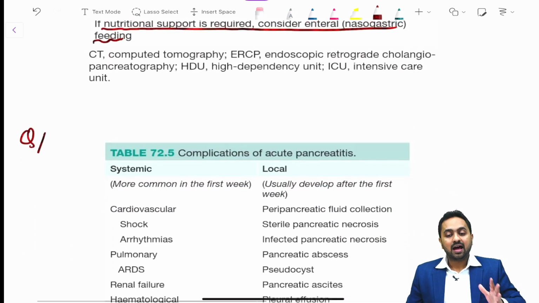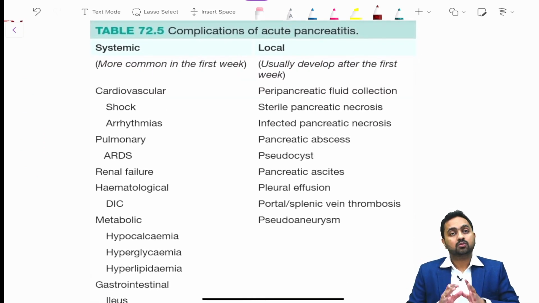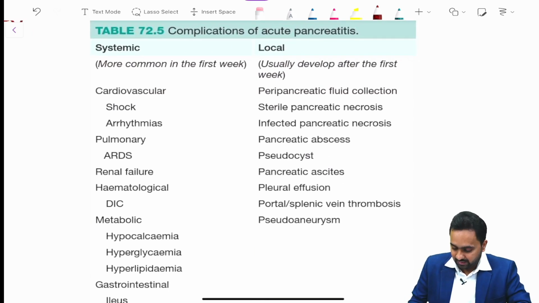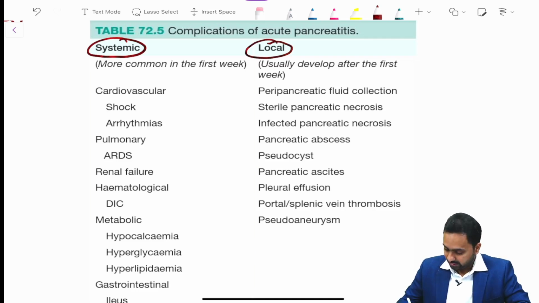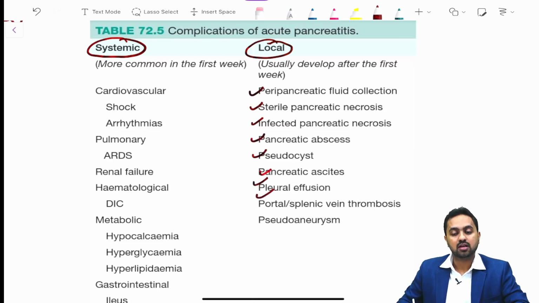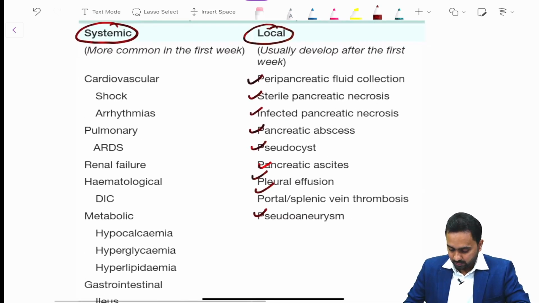Now, again we have a next table that I have taken from your Bailey and Love, which includes the complications of acute pancreatitis. So, the main complications of acute pancreatitis could be divided into 2 groups, that is systemic and local. Your local complications include your peripancreatic fluid collection, sterile pancreatic necrosis, infected pancreatic necrosis, pancreatic abscess, pseudocyst, pancreatic ascites, pleural effusion, portal or splenic vein thrombosis and pseudoaneurysm,